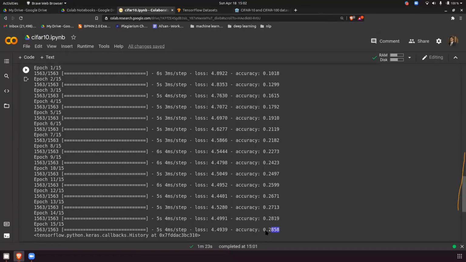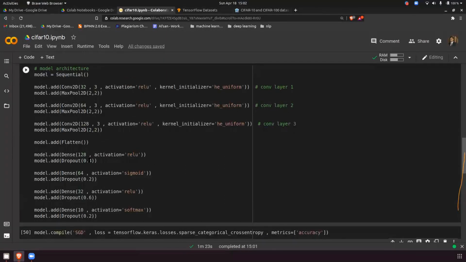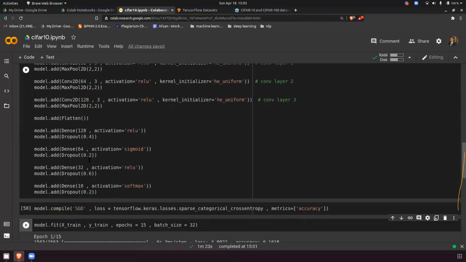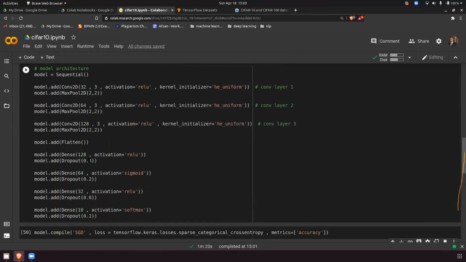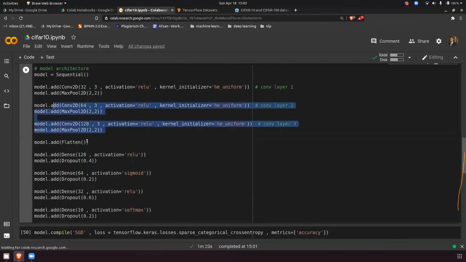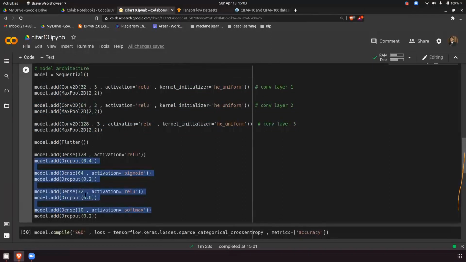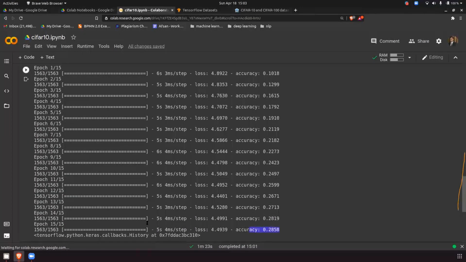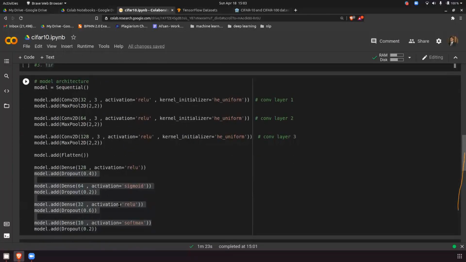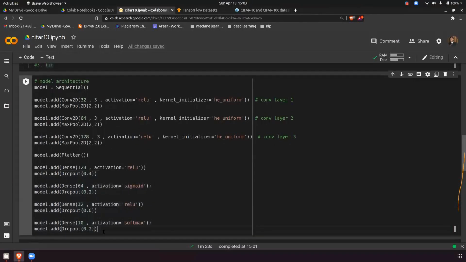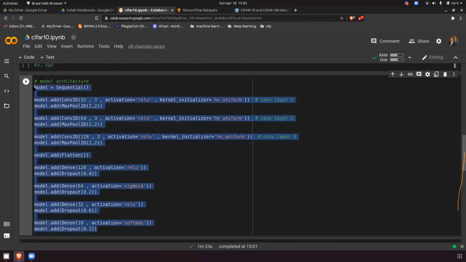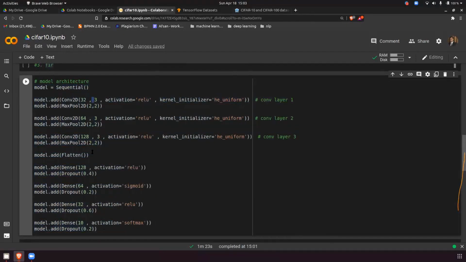For me also, I'm going 28.50. So basically, you have to play with the parameters. Now everyone knows what the important parameters are here. We can try increasing the convolution layers as well. Yeah, you can just increase this, decrease this, increase this. Whatever hyperparameter tuning you can see, you can do anything of your choice. But the outcome is that the accuracy should increase. So now you understand what is important in deep learning. In deep learning, writing code is not important. Playing with the parameters is important.